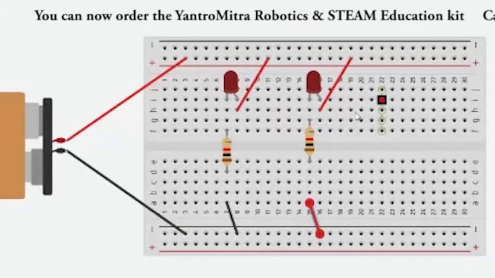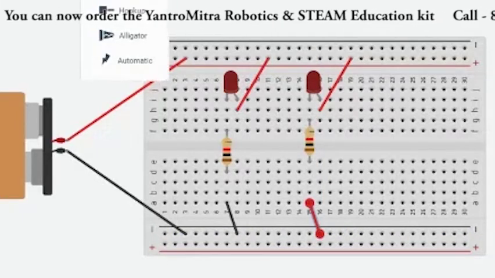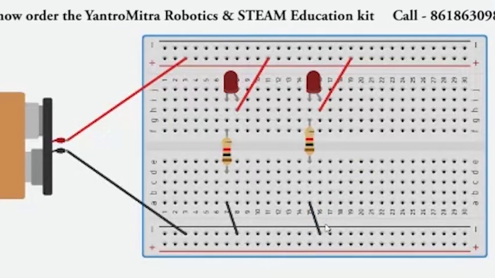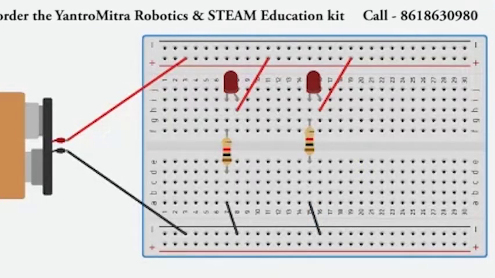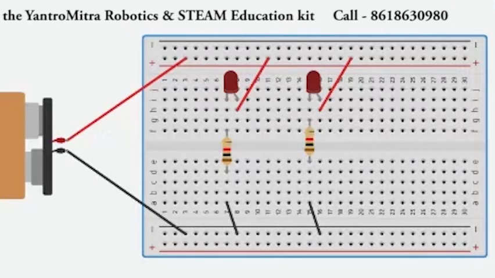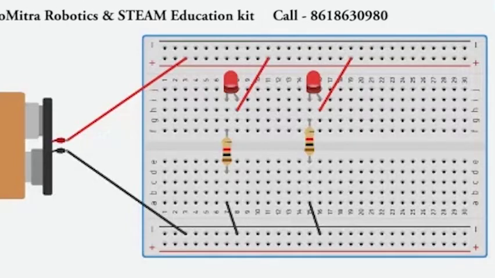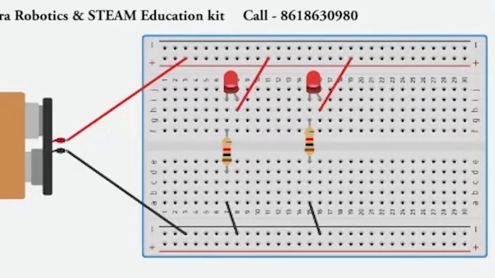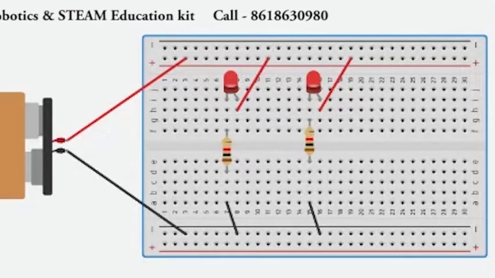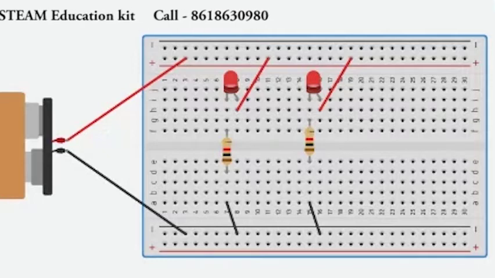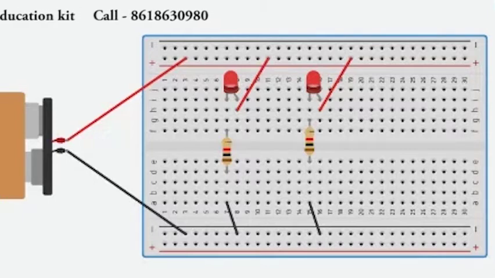And as we know, the lines are all internally connected, so the negative terminal is always said to be black in color. So let us now check whether this particular circuit is working or not. Yeah, so both the LEDs are working, which means that both these LEDs are parallelly connected to each other. They're independent of each other. In parallel connection, you always need to understand that the LEDs are independent of each other.